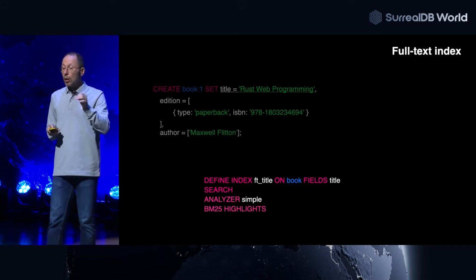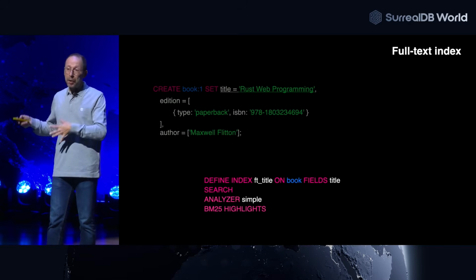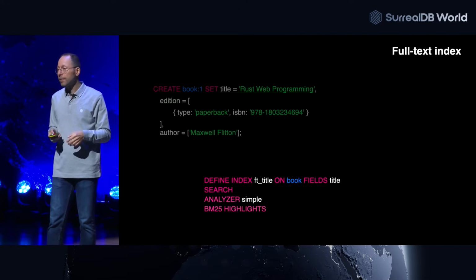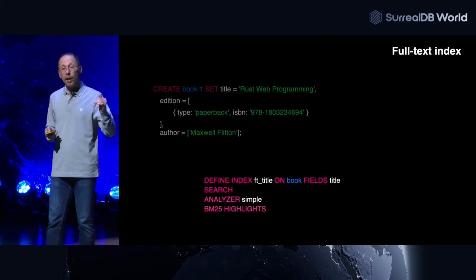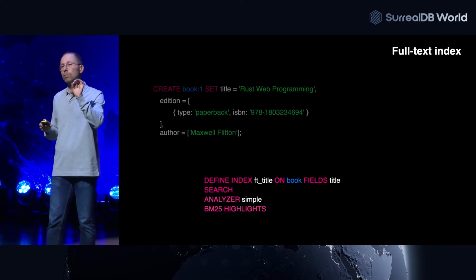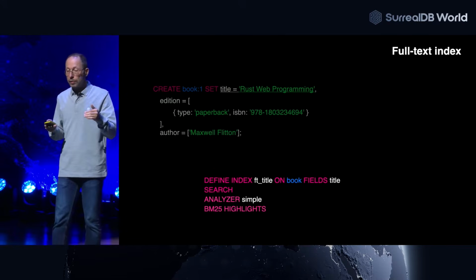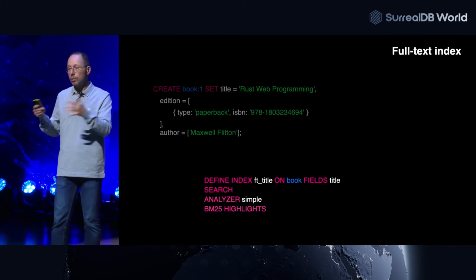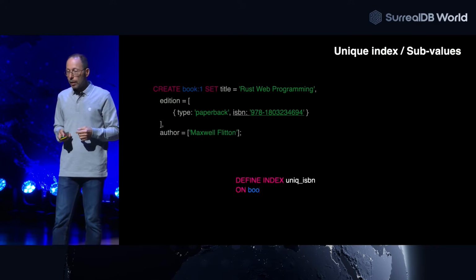You get it. BM25, the boring part of the sentence, is this classical full text algorithm that is used by everybody in the search world before vector search. It's another topic. And highlight, because in this case, I'm going to say that I want to do highlighting. I want my search terms to be highlighted in a way, and we are going to see after how. It's optional because if you do that, we do additional work, so you have the option to enable it or not. Okay.